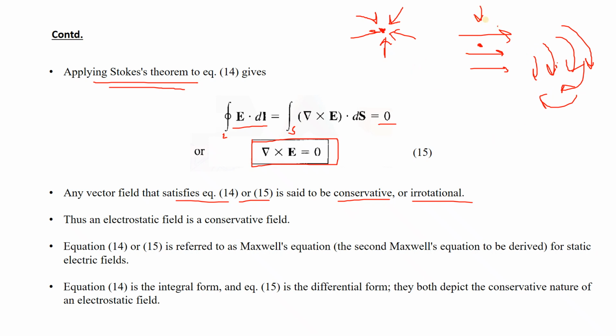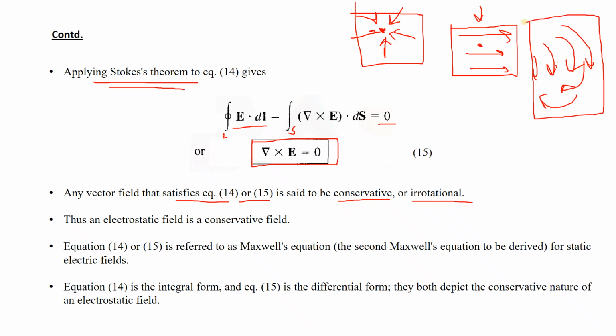So this vector is neither rotational nor diverging. That means this particular vector has divergence 0 and curl 0. This one has non-zero divergence but curl 0, and this one has divergence 0 but non-zero curl. And for both of them it will look like this. If you remember, it was already discussed earlier. This kind of vector has both divergence as well as curl.